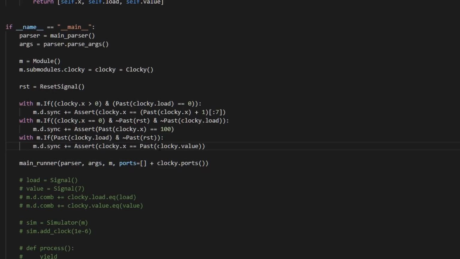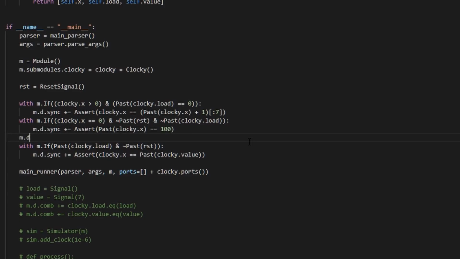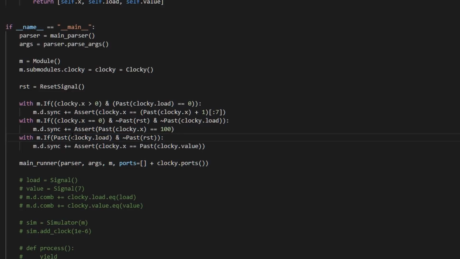So let's see, what should we do? I guess what we can do is put in an assumption. Why not? So we can say m.d.combinatorial assume that clocky.value. Well, we don't really want to assume because at some point we might want to test what happens when clocky.value is greater than 100. So, why not put in a multiplex, right? If the past of clocky.value is less than or equal to 100, then past of clocky.value